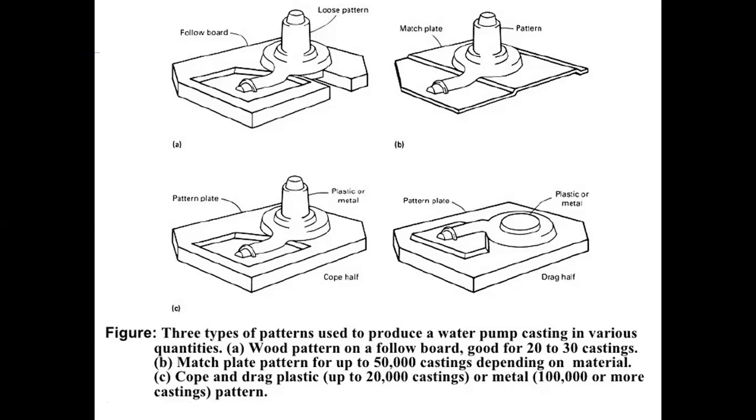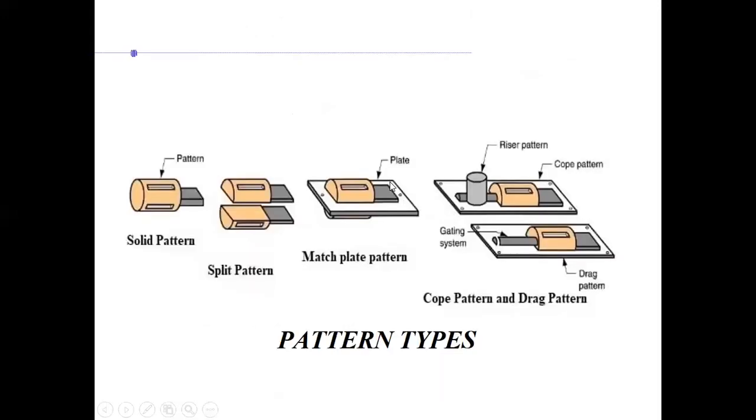If you apply certain coatings, then you can even prevent the corrosion, etc. But of course, that coating would cost. But it does come off as a positive point because you're able to use it for 1 lakh or more castings. So that gives you the approximate number of castings that we can make based on the material of the pattern. You see what we have discussed: solid pattern, one piece, split pattern, match plate pattern, and the cope and drag pattern.